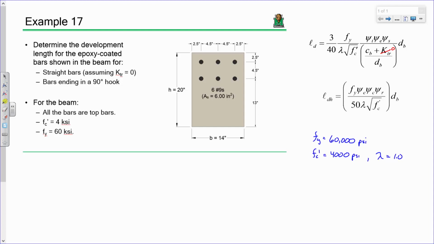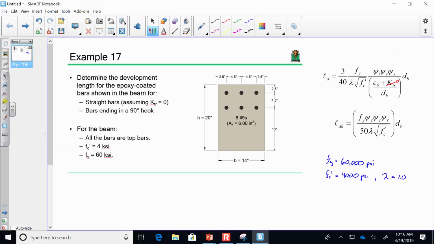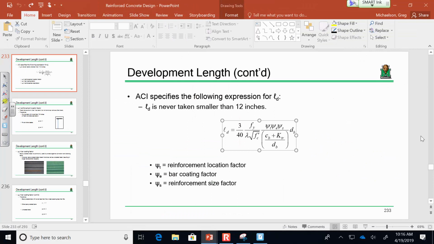So what is the diameter of a number 9? Well, there's a couple ways you could figure that out. One way would be to say, okay, the area of a circle is pi d squared over 4. Set that equal to 1. So you could do that. Or you could do what I do, which is be lazy, and recognize that if you